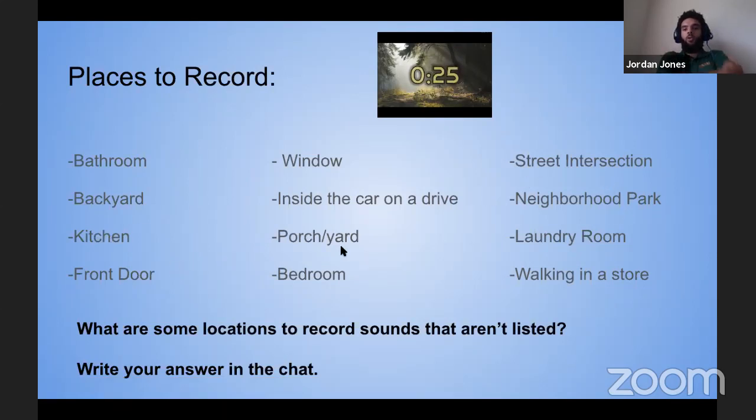Okay, we got underwater. Yep. Well, I think you would have to have a special microphone to record underwater, Andrew. So if you didn't have that special microphone, where could you record? So for your project, where could you record?